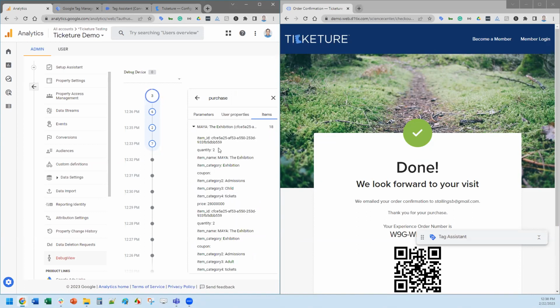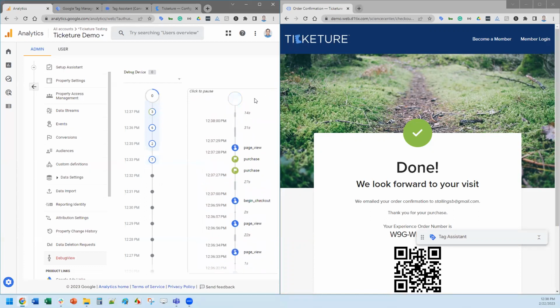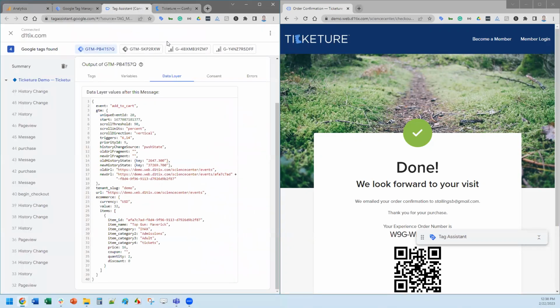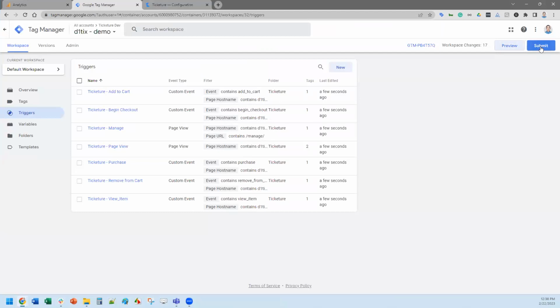And again, all this information is available. It's the data layer that's coming through from the fact it's tickets all the way up through price, categories, et cetera, all throughout those particular areas, a $28 one, a $35 one, all of that being reported on. So from that standpoint, it is 100% operational. The only thing that would be left for me to do is to go over here and hit submit.